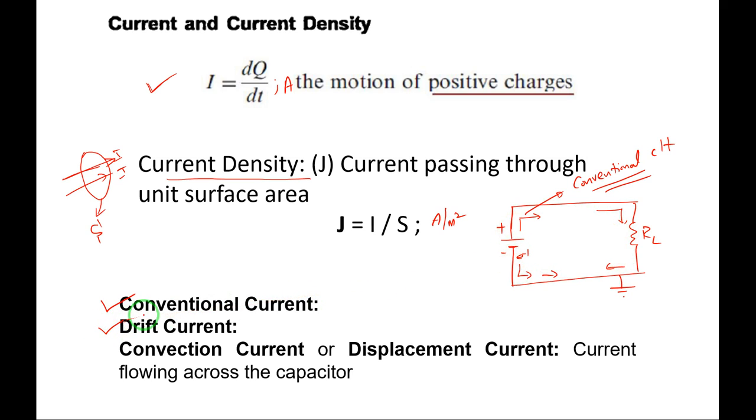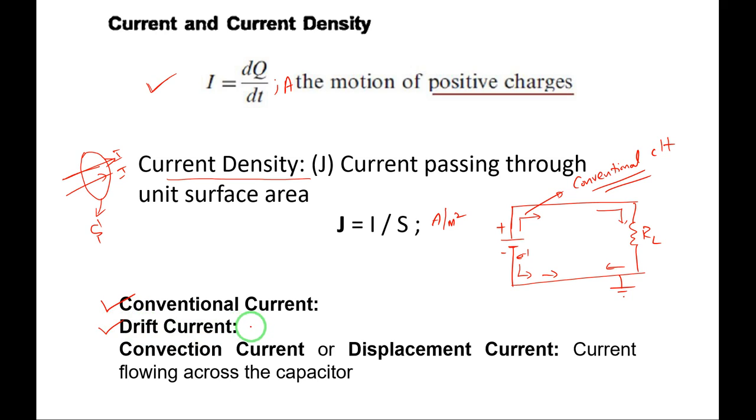Then what is drift current? Suppose I have a metallic conductor. This is a piece of wire, this is a conductor. Under the influence of the field, the electrons drift; we call them drift electrons. Whenever the current is flowing because of the drift electrons, such a type of current we call drift current. Means under the influence of the electric field in the metallic conductor,